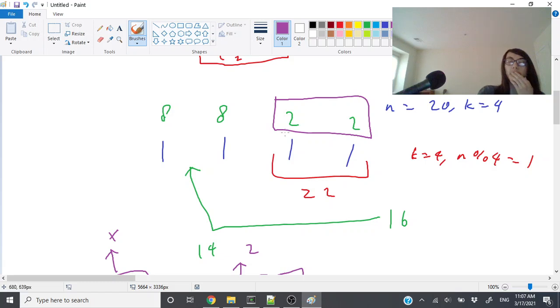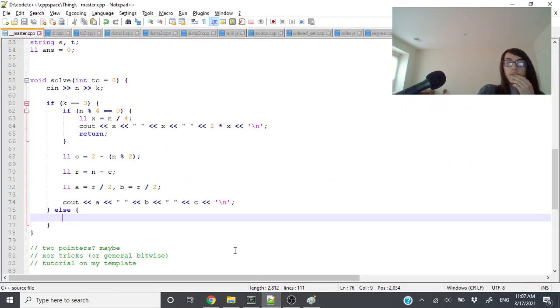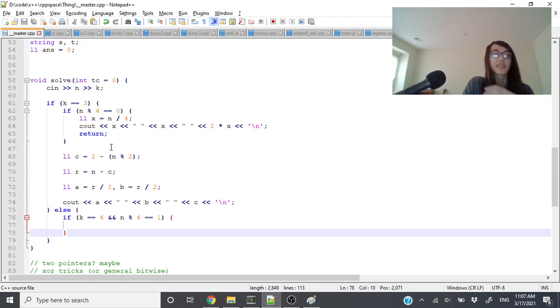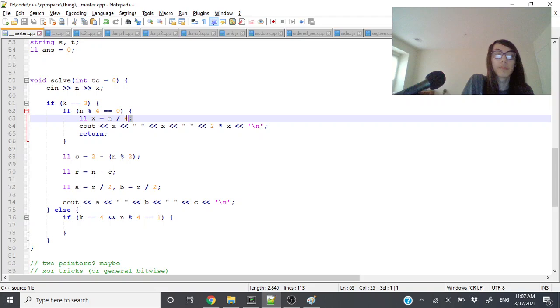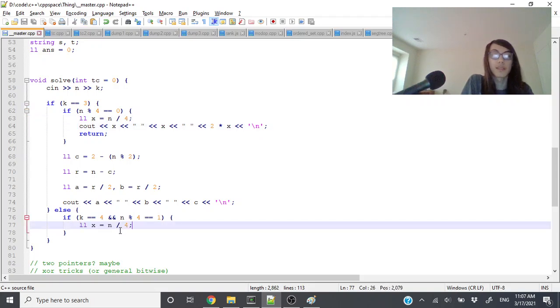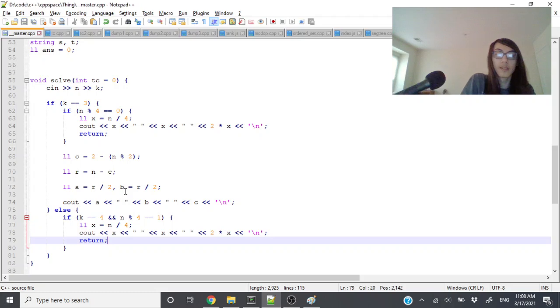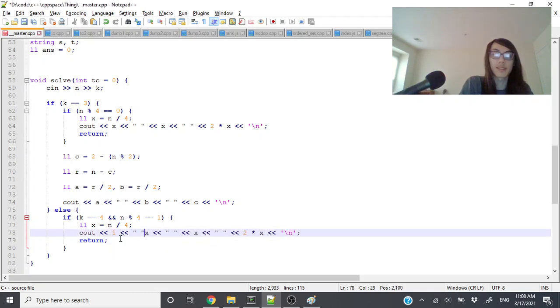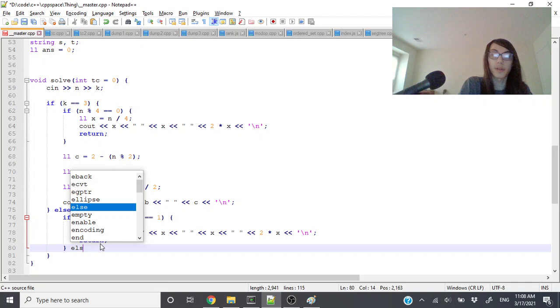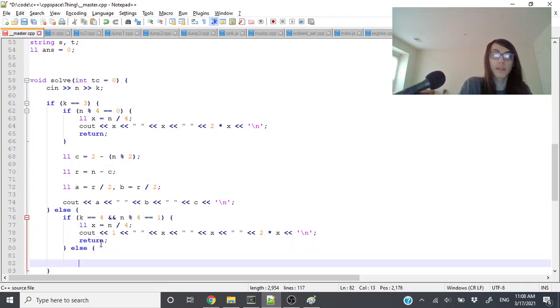I guess we can do the same thing. So if k is equal to 4 and n mod 4 is equal to 1. And actually, this is sort of a similar special case to this. We can say that we have this, except now we have a special case, except now we have an extra 1 here. Otherwise,